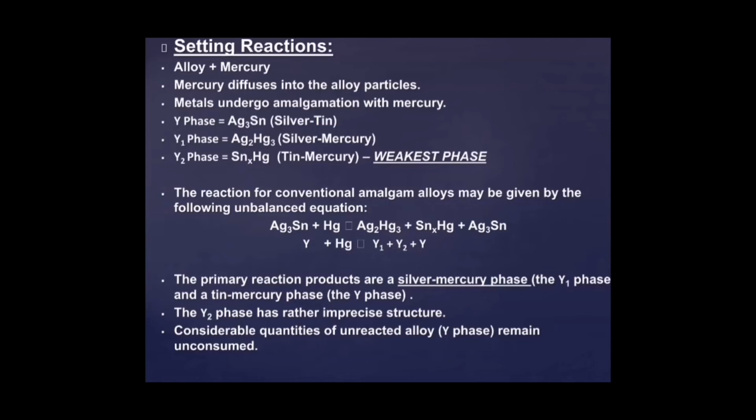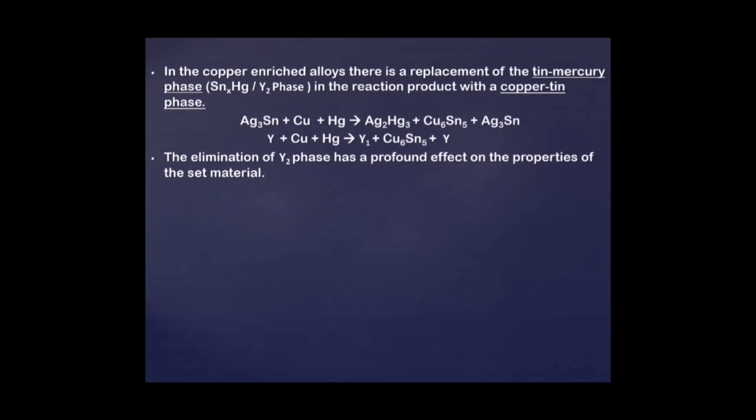The gamma 2 phase has a rather imprecise structure. Considerable quantities of unreacted alloy gamma phase remain unconsumed. In copper enriched alloy, there is a replacement of tin mercury, which is the weakest part of the reaction product, with the copper tin phase. We have gamma plus copper plus mercury in copper enriched alloy, and we get gamma 1 plus copper tin and gamma phase. The elimination of the gamma 2 phase has a profound effect on the properties of the set